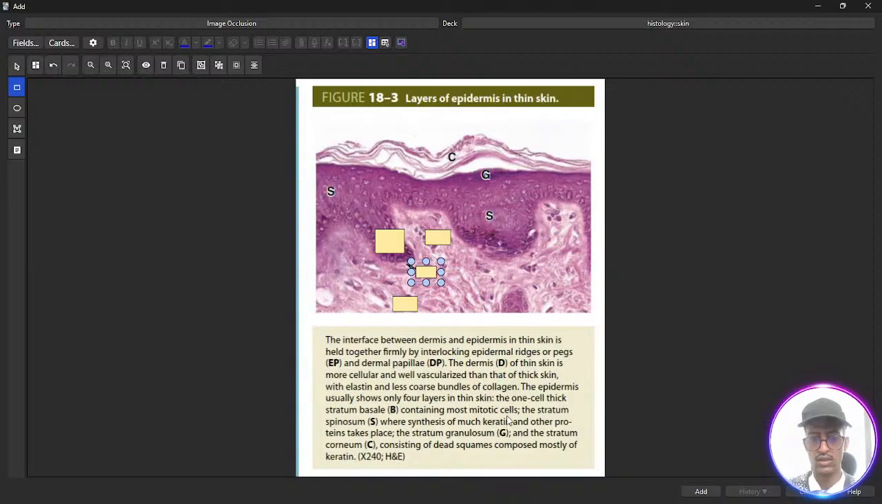containing most mitotic cells. The stratum spinosum is where synthesis of much keratin and other protein takes place. The stratum granulosum and the stratum corneum consist of, yeah, this is